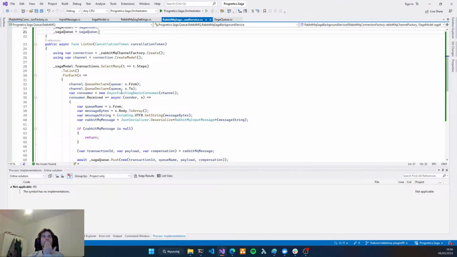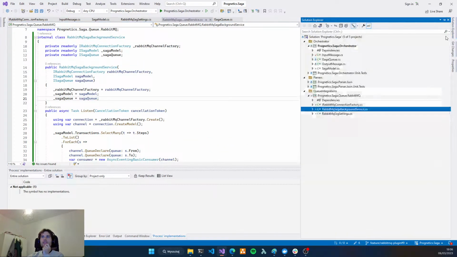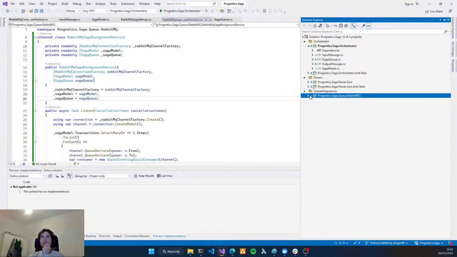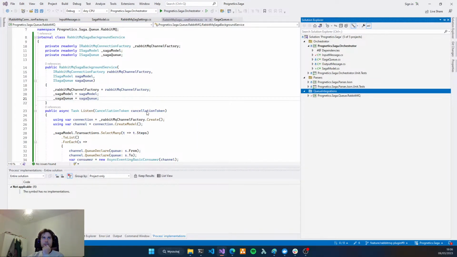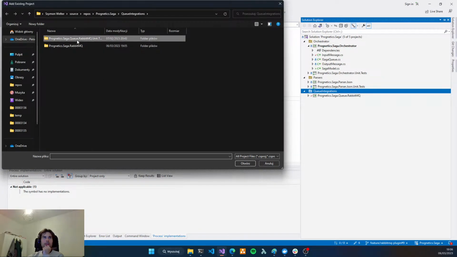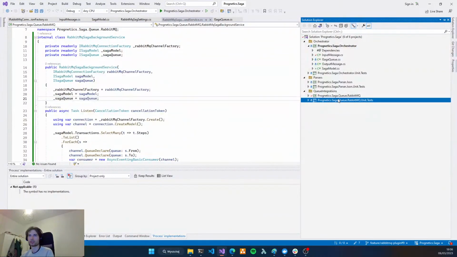Let's think about tests. Okay, I see that I don't know why I don't have any RabbitMQ test here. Maybe I should. Maybe I have it here. Let's see. Okay, yes, it's not added to the solution. I don't know why, but we'll fix it.